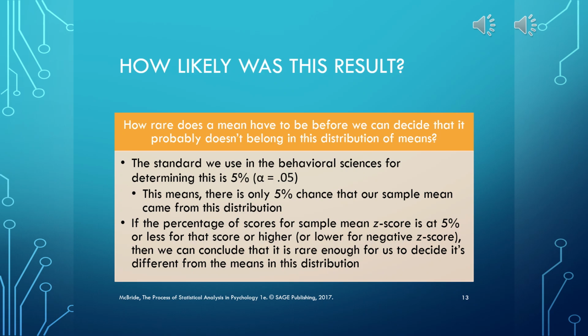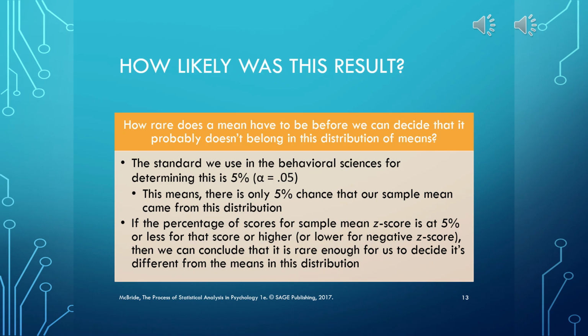So we typically in social sciences set this decision criterion, this alpha level, to 0.05, which is 5%, which means if our sample mean has only a 5% chance or lower probability of actually being found within a distribution of sample means, then that's really unlikely that it actually even comes from this distribution,